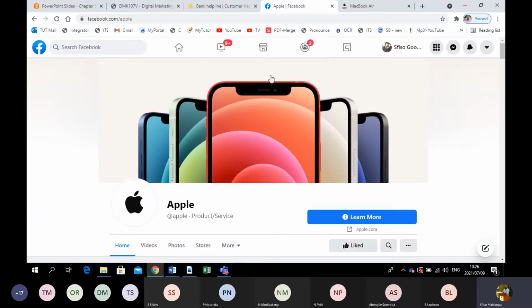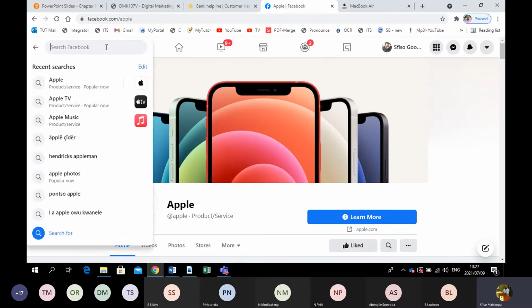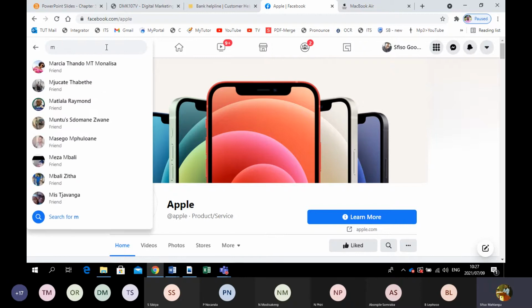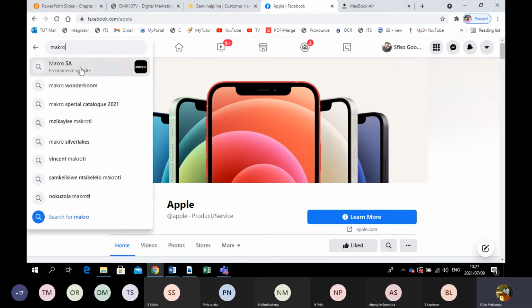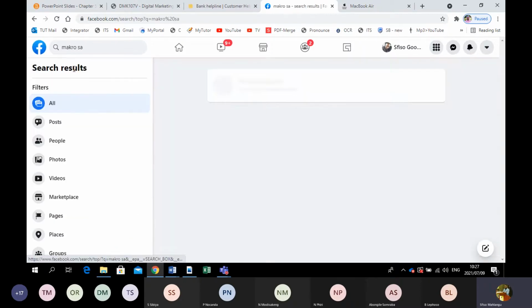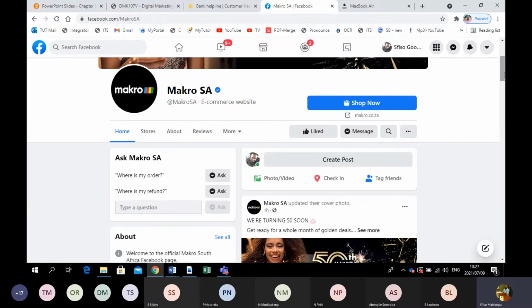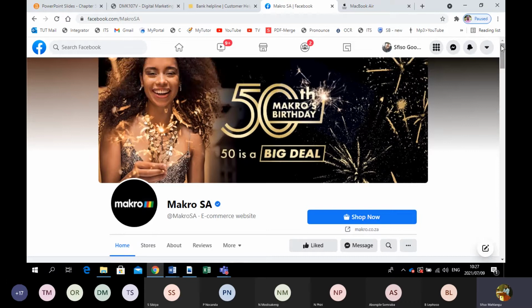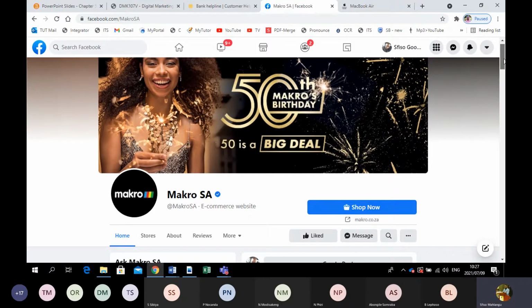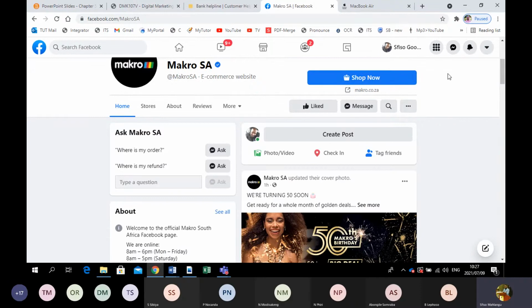I want to compare this with something such as retail. Retail stores use social media for marketing. So for example, if you search something such as Pick and Pay or Makro here, you will see that they are using social media for marketing purposes. First of all, what we see here is that on the page itself, it says shop now, which allows you to actually buy products. And some social media accounts have mashups, and mashups simply means that instead of, when I click here, the website taking me